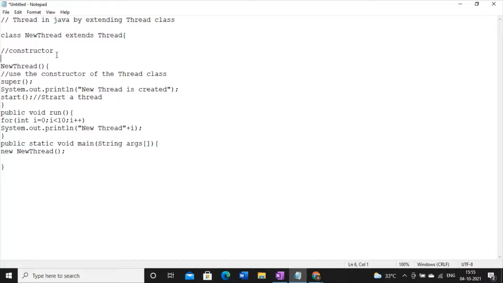In order to invoke this constructor, we take the concept of anonymous object. This will help us to call the constructor of the subclass, which is known as new thread, right?